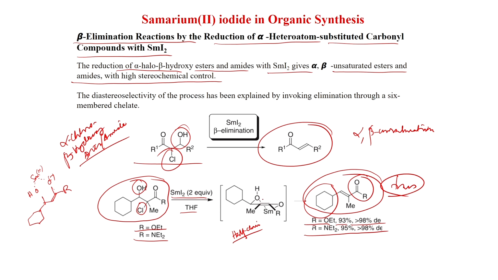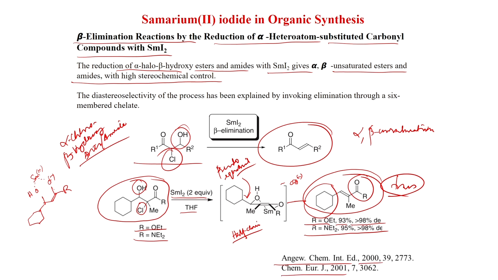This enolate, as you can see, there is an OH and there is a double bond. So, this is a cyclohexane kind of intermediate forming, and this samarium is coordinated with this OH as well as this O minus, and methyl is here, R is here. So, this is in the pseudo equatorial position, and then the elimination of OH minus. So, after OH minus elimination you get this, and this is very much stereoselective. After elimination it gives this trans orientation. This was published in Angewandte Chemie 2000, also Chemistry European Journal 2001.